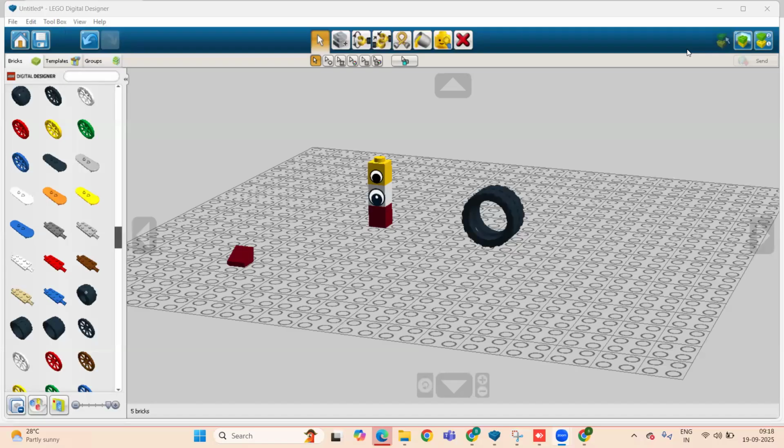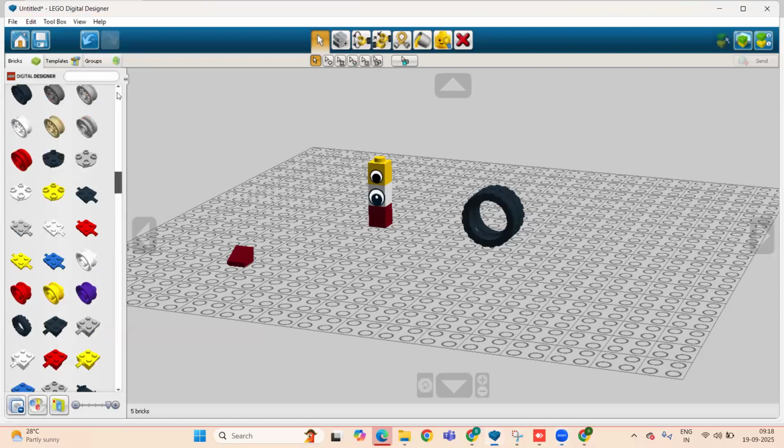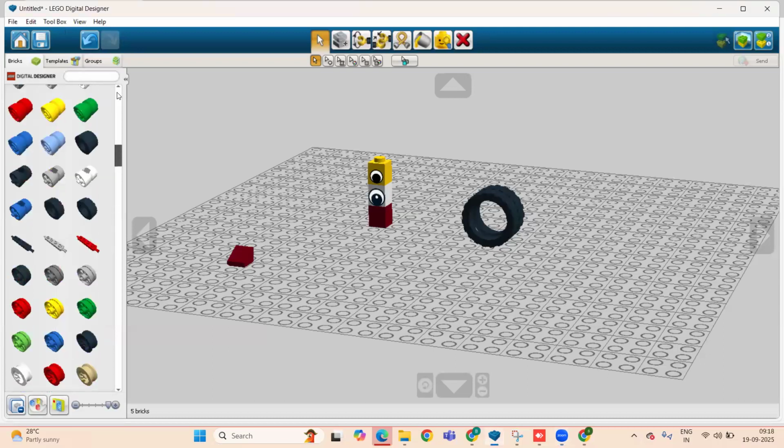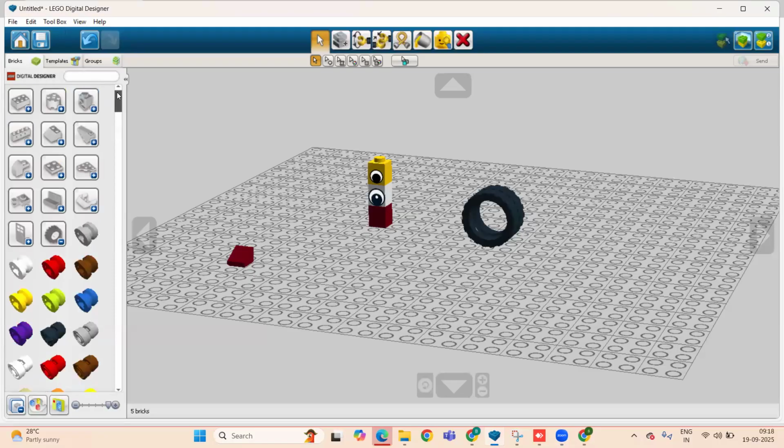The first one is the brick palette. Here you can see the name, bricks. This is the brick palette, a collection of all available Lego bricks, right?